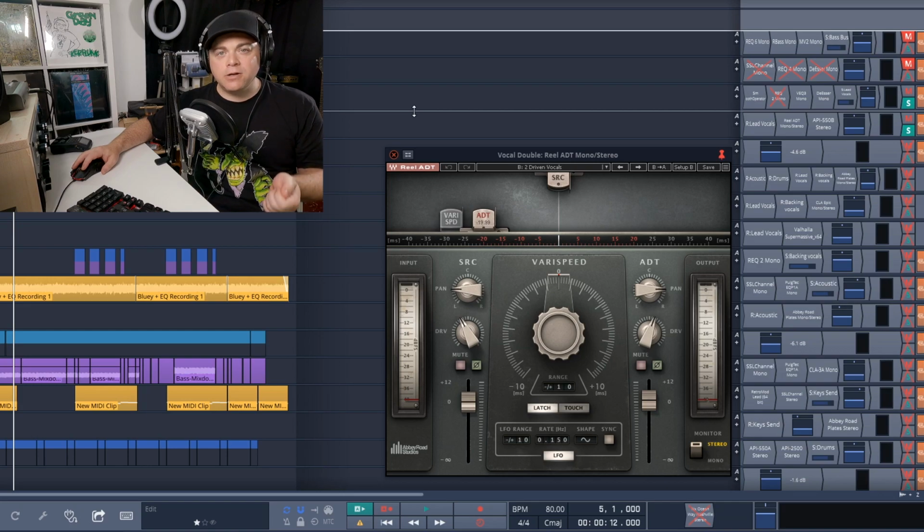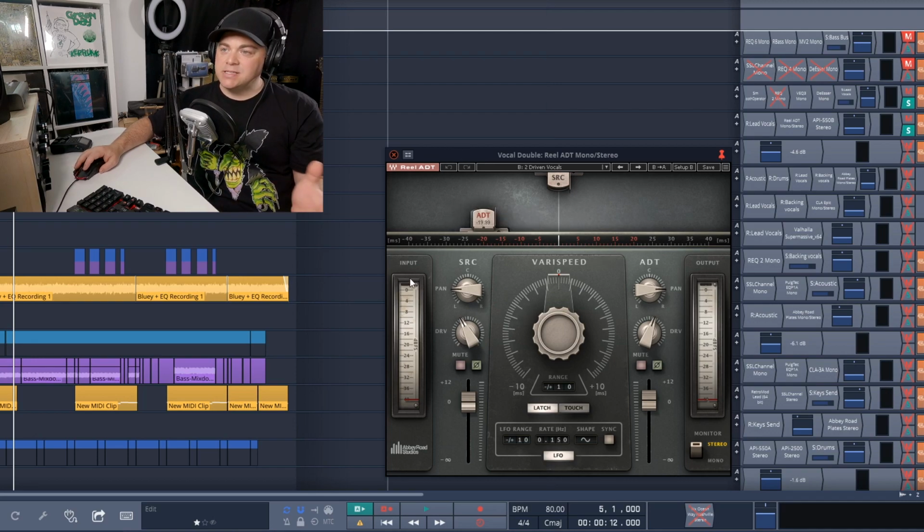Now, another Waves Abbey Road plugin that I use quite often is the Real ADT plugin. This one is based on the Abbey Road artificial double tracking process that was used quite a bit in the 60s. I like to use this one on my backing vocals quite a bit. And depending on the project, I'll also use it on my lead vocals and sometimes on my lead guitar track as well. It's got this cool sort of retro user interface. It's pretty easy to dial in your sound, and it comes with a ton of presets as well to get you started. And like the other Waves Abbey Road plugins, you can buy this on its own, or it's also included in the Abbey Road Studio Collection.